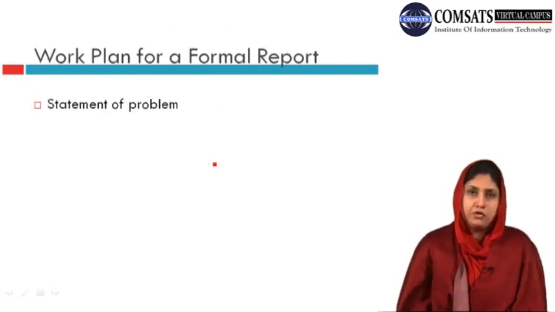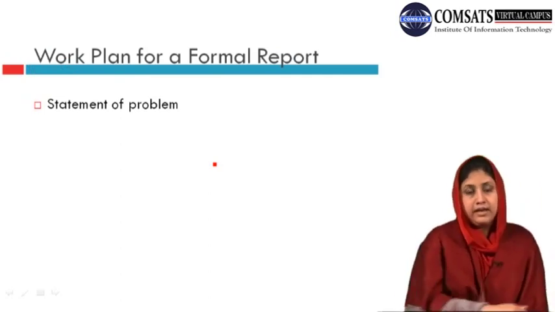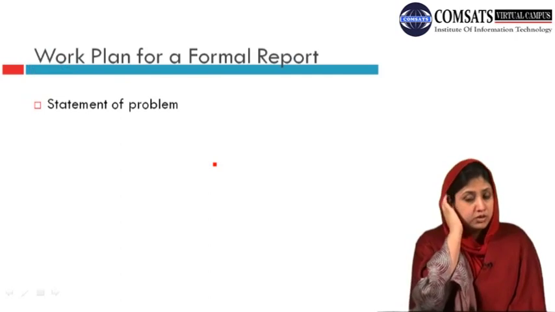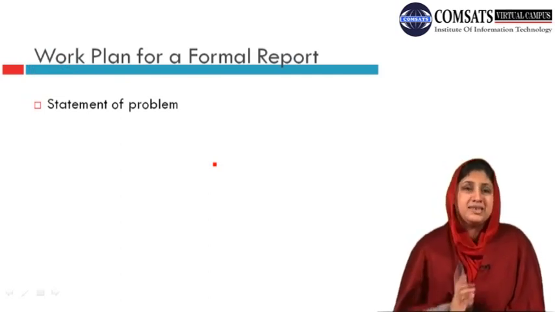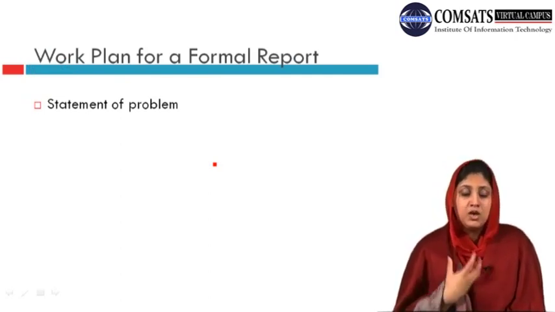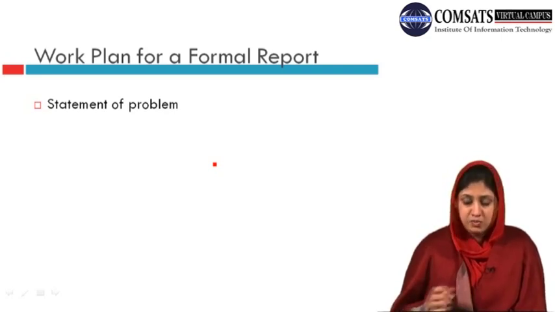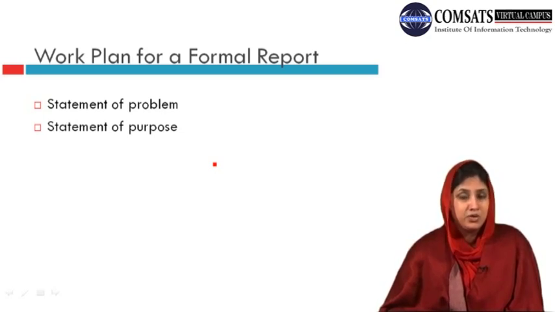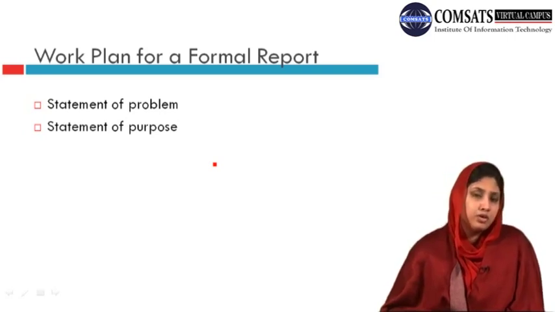Now, what is a work plan for a formal report? Well, a work plan for a formal report involves the statement of a problem. You need to know what is the problem, and you need to state it down on a paper to see what are the important areas that you need to pay attention to. A statement of purpose is very important because it does not only make the readers clear about what you want to achieve, it makes you conscious of the decision, what kind of outcomes you expect